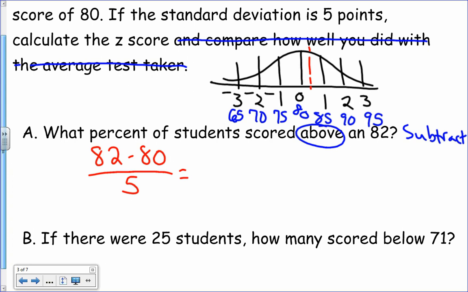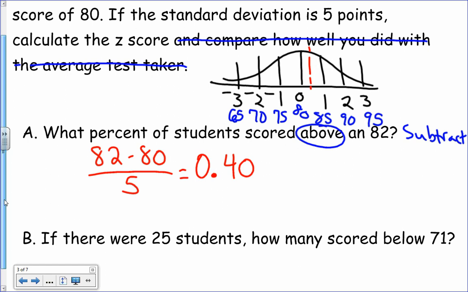You ought to be able to do it real quick without having to punch the whole thing in, because 82 minus 80 is 2, right? 2 over 5 is what? All right, so now listen, 0.4. What number can we put behind this 4 right here and be okay with? A 0. Okay, go ahead and put that in, because it is 0.40. You don't have to write it, right? But when we go to look at the chart, it's going to make it a whole lot easier